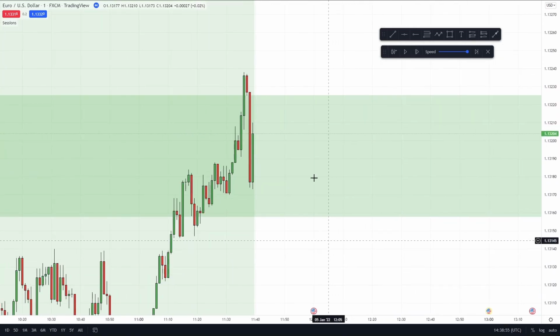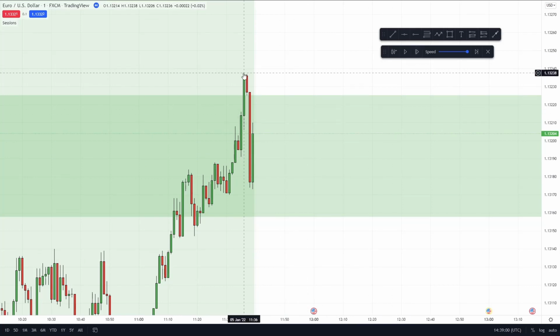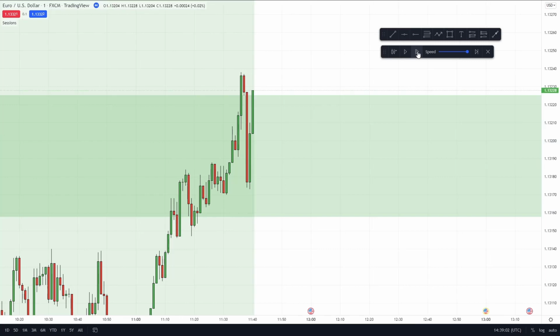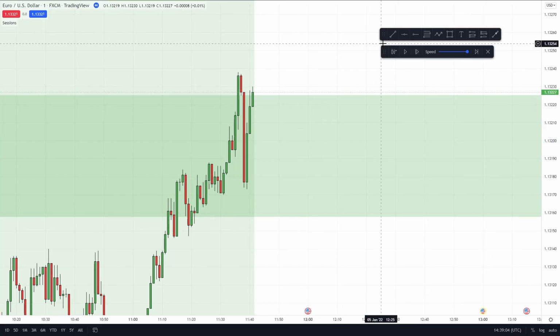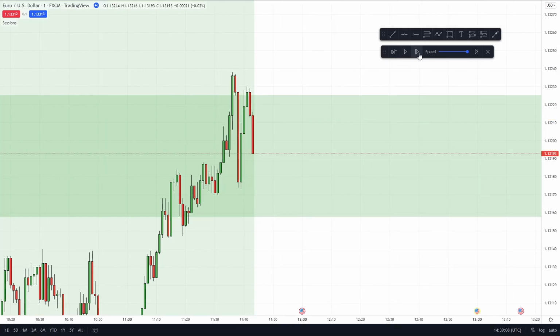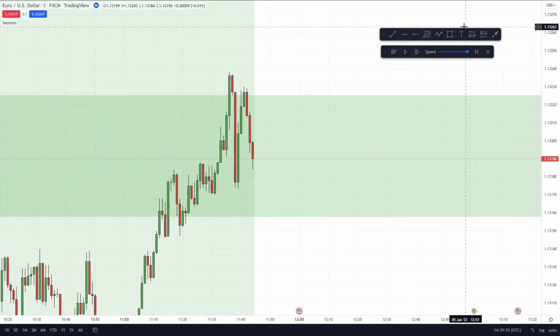I'm still considering this a valid point of interest because I'm waiting for my confirmations. So price comes and pushes above, and then we have this impulsive move back down. Price doesn't really want to stay up there, it doesn't appear to me. Price does push back up pretty quickly, however begins to drop off again, and you'll note that we didn't actually